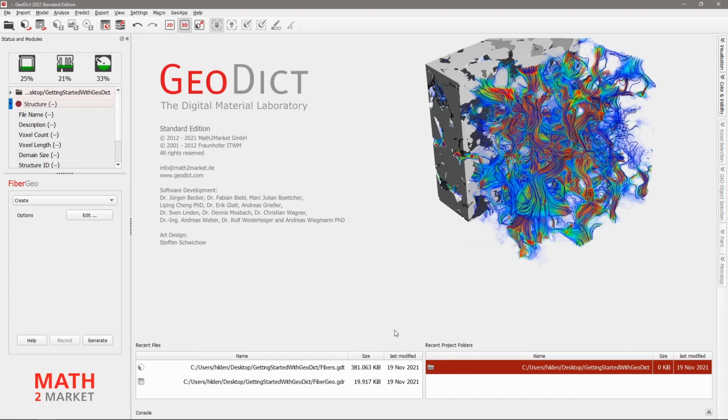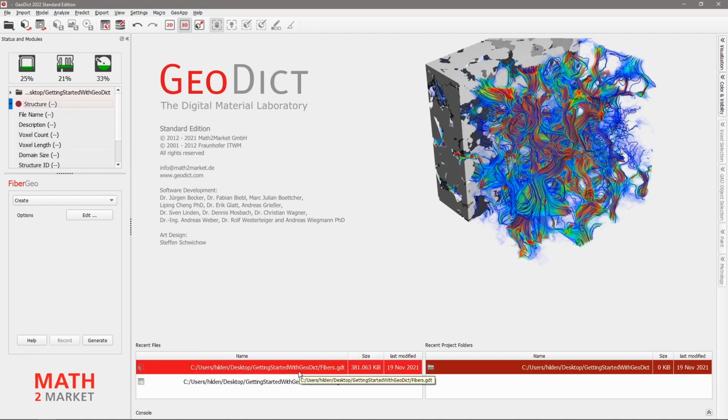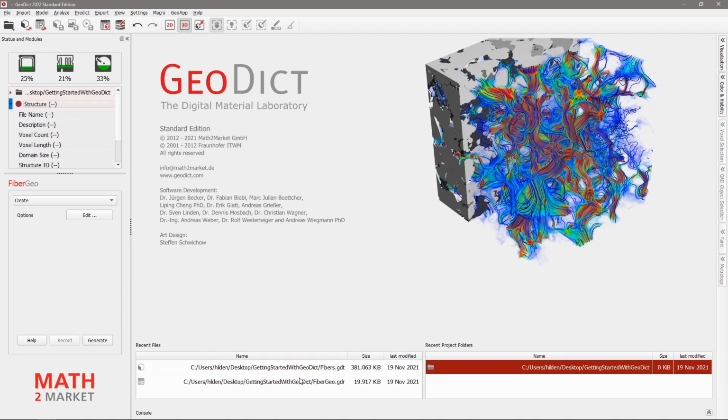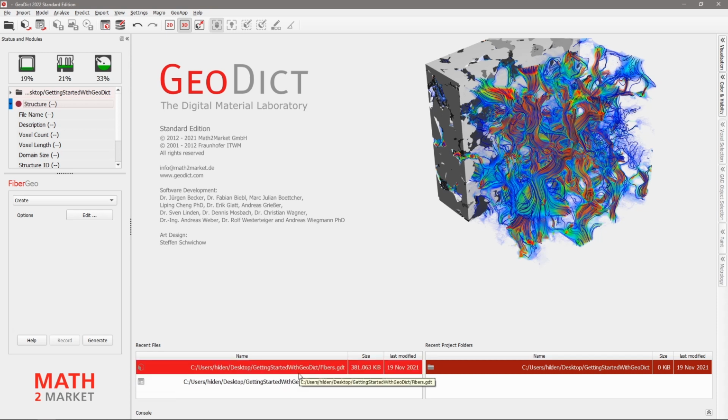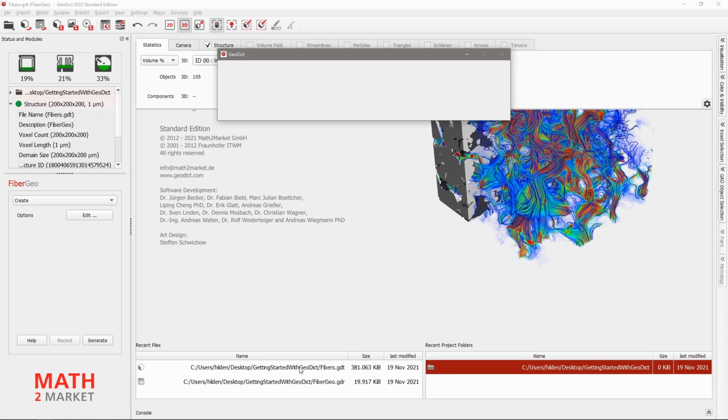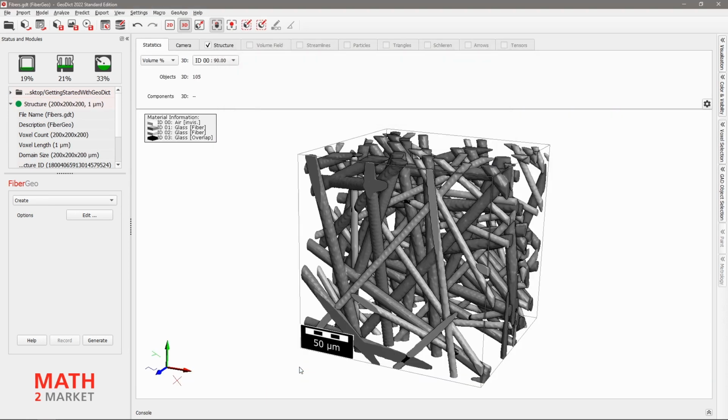And what you also obtain now is down here you see your recent files and recent project folders. In the beginning, when we started, there was nothing down here. But now you can also see your structure file. So just click on it, and it's open in Geodict. If your structure is not in the recent files, you can also simply load it with the Open Structure button.